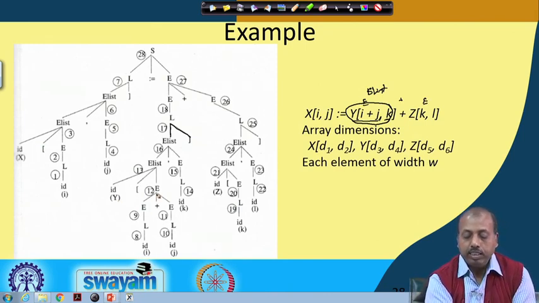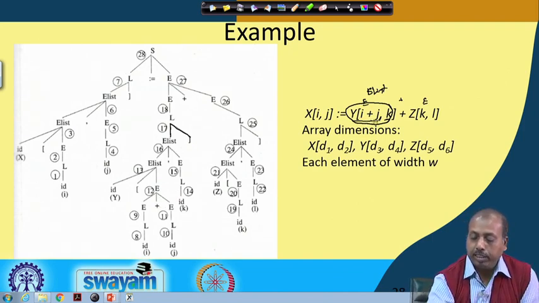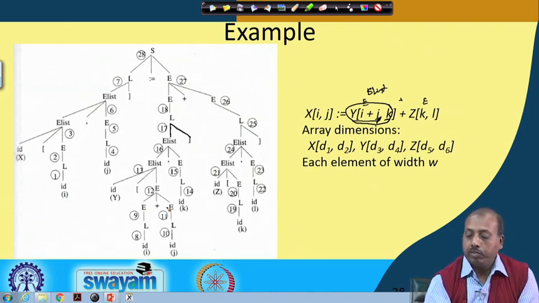Now, this E is giving me E plus E. So, this I plus j, I have to get I plus j. So, it gives E plus E, then this E gives me L, this L gives me id which is I, and this E gives me L which is id which is j. So, this part is done. So, I plus j comma. So, y I plus j comma, up to that much we have seen how the parse tree has been made. For the k part, this E producing L, L producing id, and that gives the k part. So, that finishes this one, okay, and plus is already done.